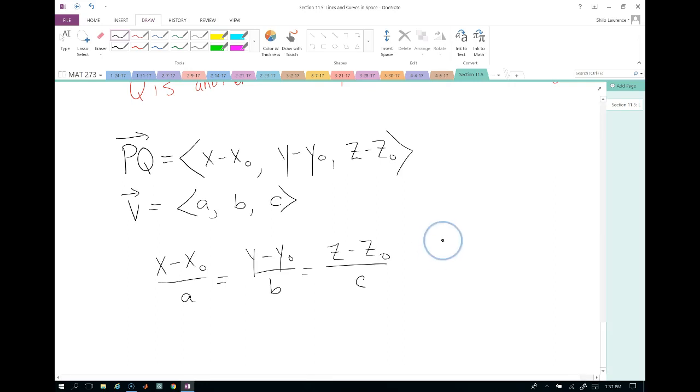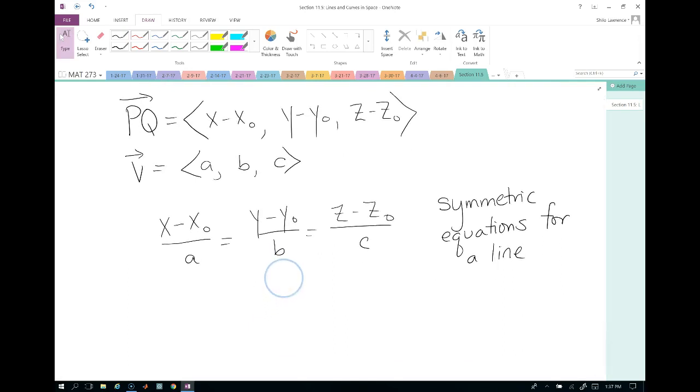This is called symmetric equations for a line. So no matter what the value of that ratio actually comes out to be, they will all be